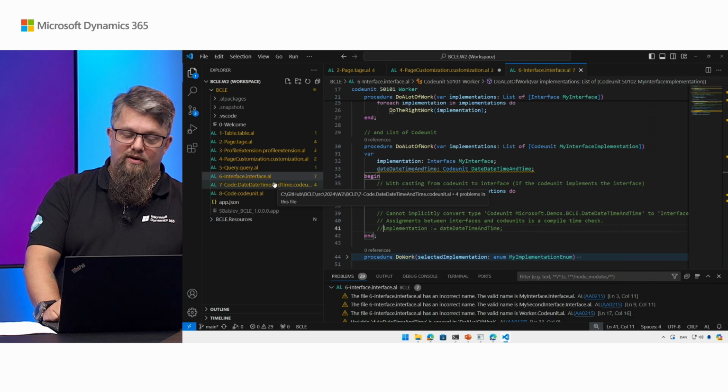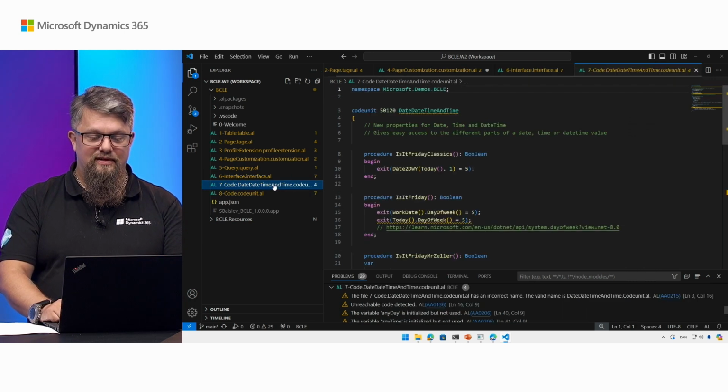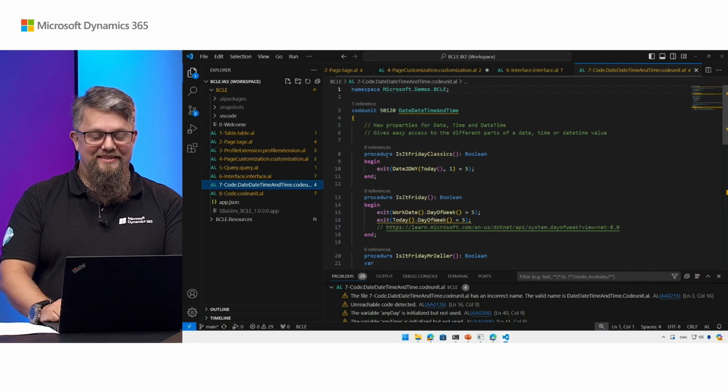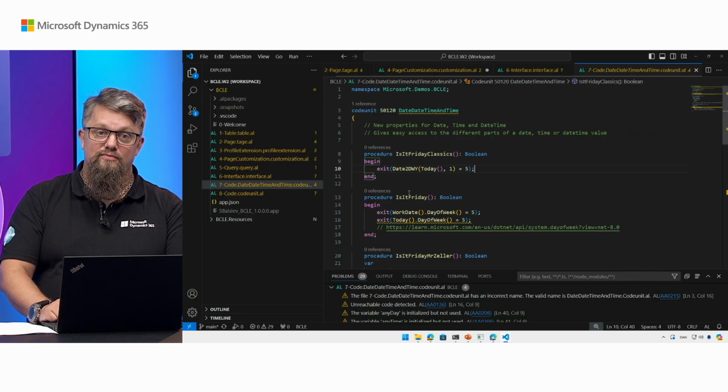Moving on to some more interesting stuff for the people working with dates and times. We have to ask ourselves every now and then if it is Friday. In AL, we can ask if it's Friday like this. This is how we've been doing it for many years. Now we have additional properties on the date, date time, and time types that will allow us to make much